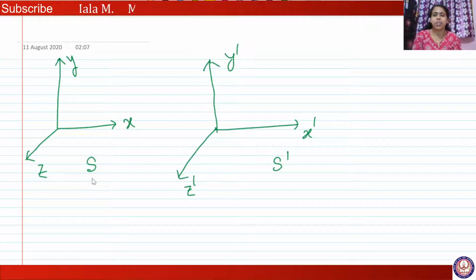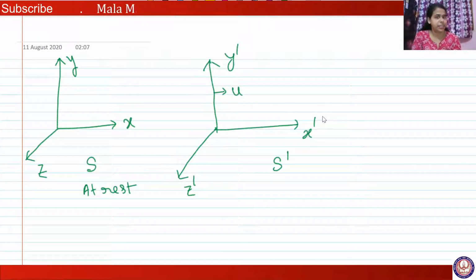Now S frame is at rest and S prime frame is moving with velocity u along the x-axis. Now, here is a three-dimensional coordinate system, but today I will tell you that in this case, I